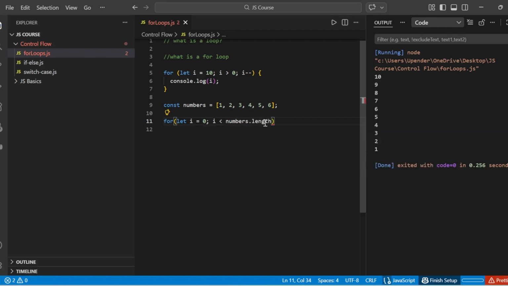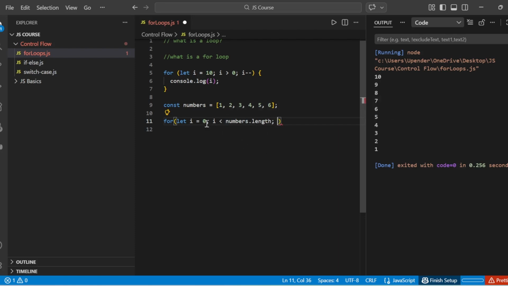So this is the safest possible way of writing, looping through the arrays. You start from 0 and you go till n minus 1, where n is the length. You go till n minus 1, which is less than n, the length of the array. So i less than numbers.length, and how you want to access each element, one element one